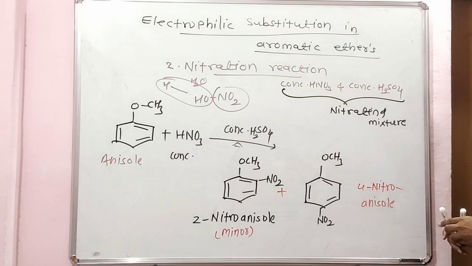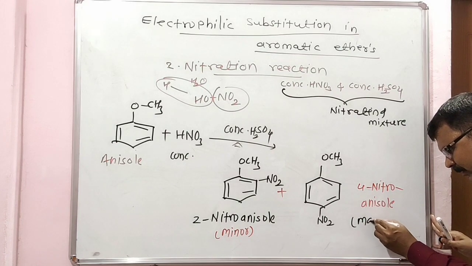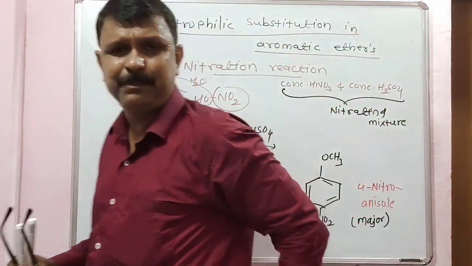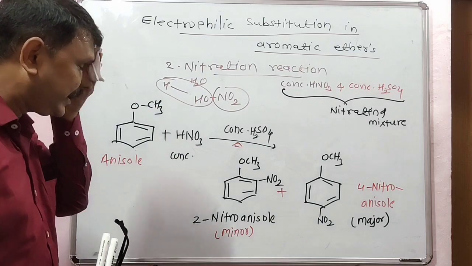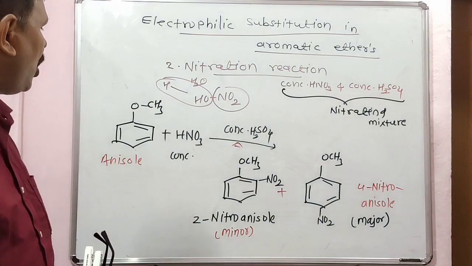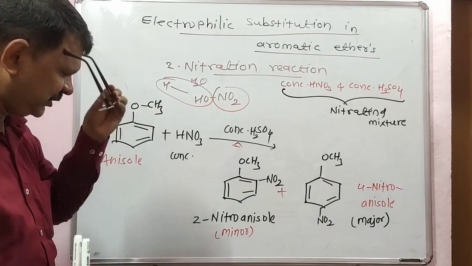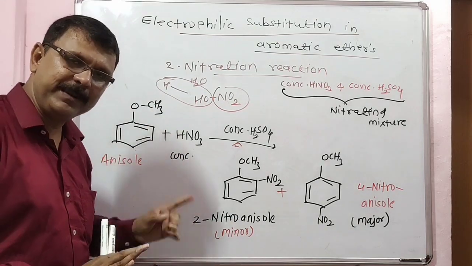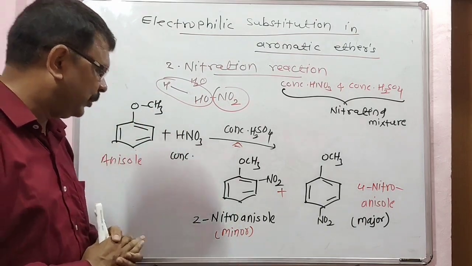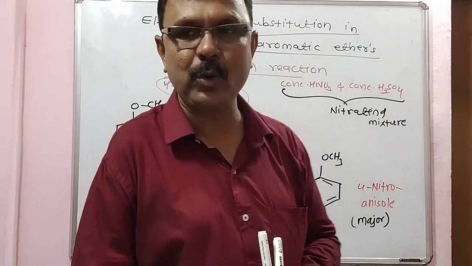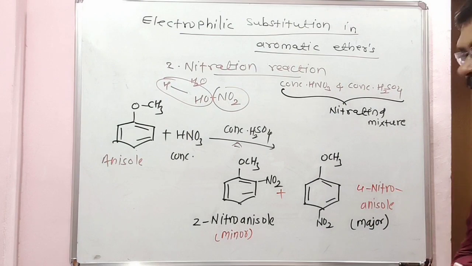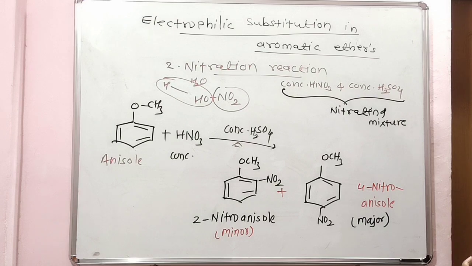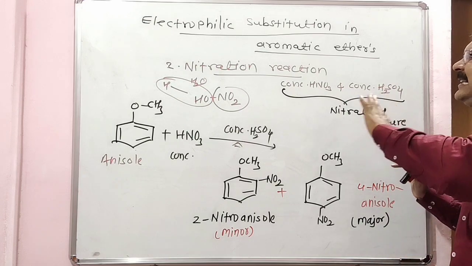Look here, this is the major product. Look here, all of you, simple here, what is the action of nitrating mixture or concentrated HNO3 on anisole? Simple. Look here, when anisole is reacted with concentrated HNO3 in the presence of concentrated H2SO4, it gives a mixture of 2-nitroanisole, a minor product, and 4-nitroanisole, the major product here. Correct? Look here, this is the nitration reaction.